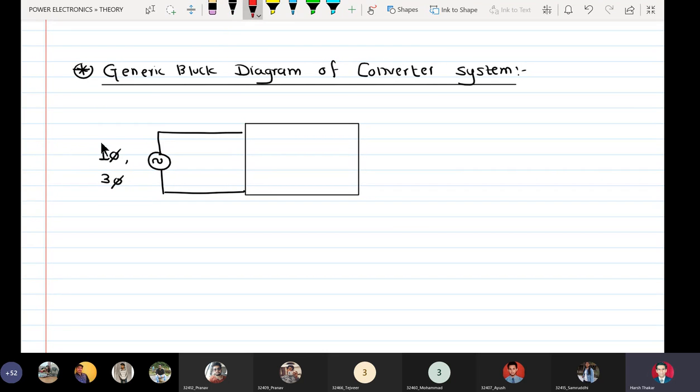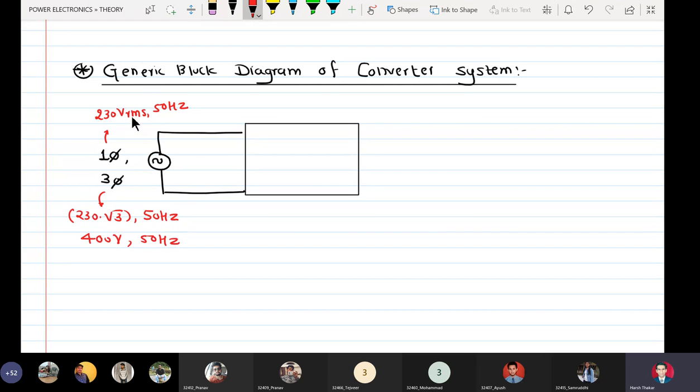If it is single phase, it is 230 volts RMS, 50 hertz. And for a three-phase system we'll specify the line voltage, so 230 into root 3, 398. The three-phase system will be 230 into root 3, again 50 hertz, approximately 400, 398, so it is 400 volts 50 hertz.